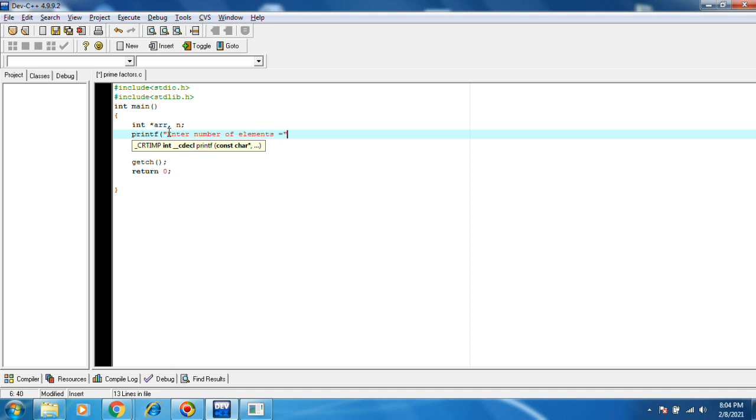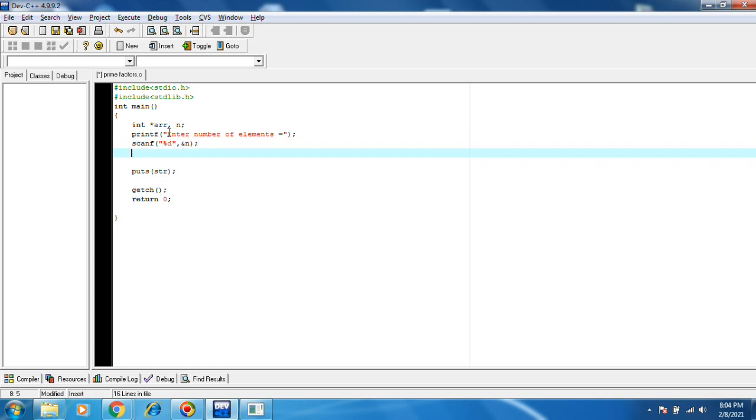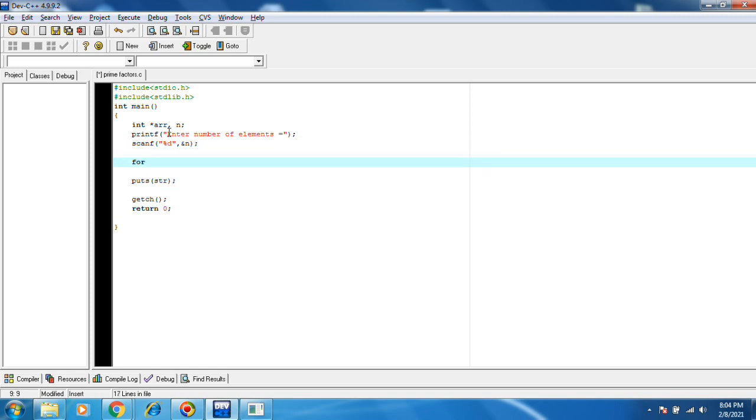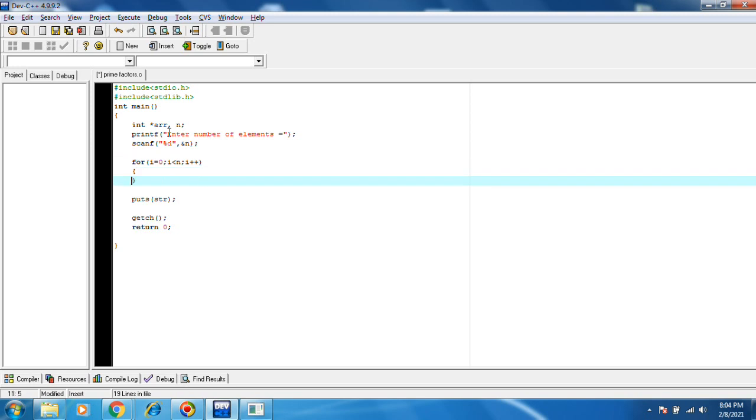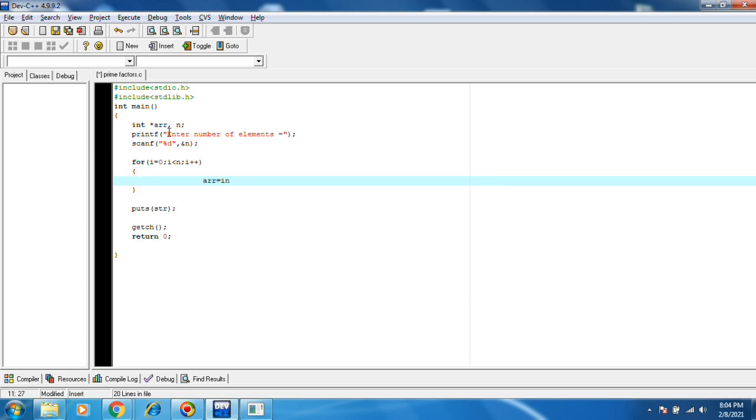Enter number of elements. Address of n. For i equals to. Now I have allocated memory for each array element.